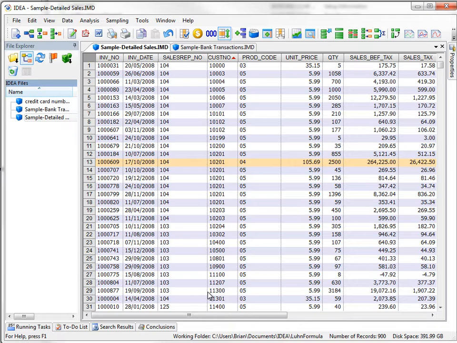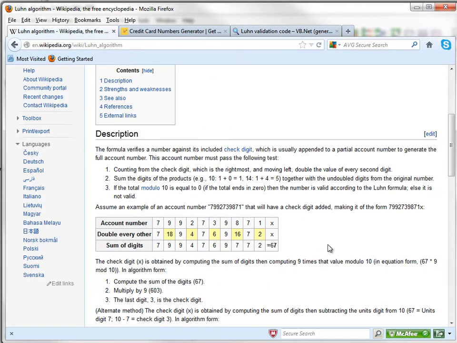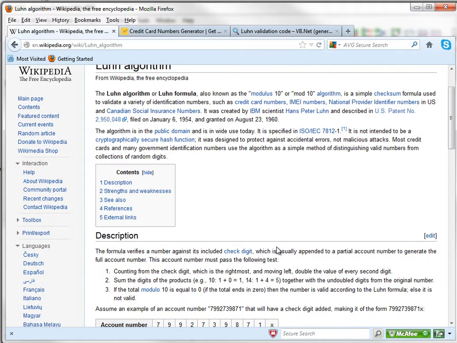Now I want to do the last thing, which is create something a bit more interesting using Visual Basic. This is actually something that's on my IDEAScripting site. What I'm going to redo is something called the Luhn formula, or the Luhn algorithm. What this does is it validates things like Visa cards, MasterCards, all kinds of credit cards. It also works for SIN numbers, IMEI numbers, national provider identifier numbers in the US. They all use the Luhn